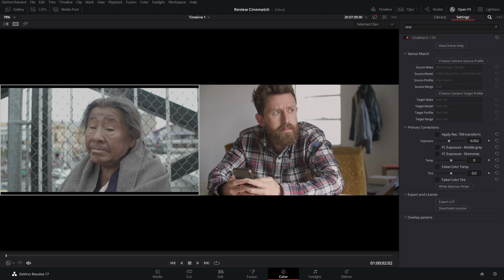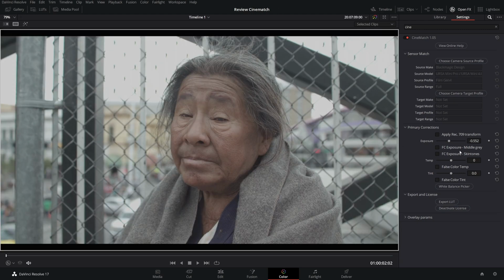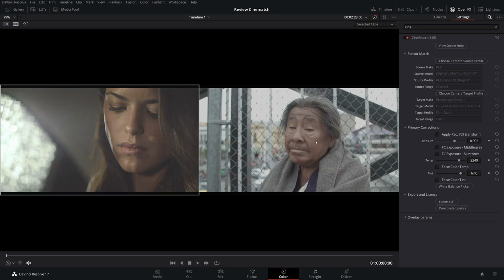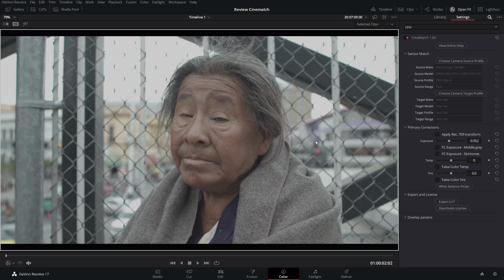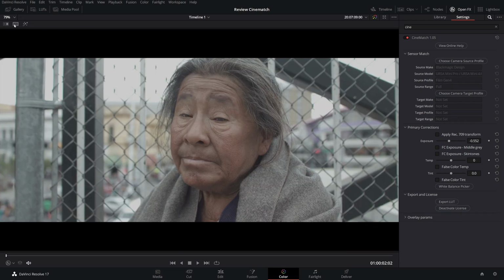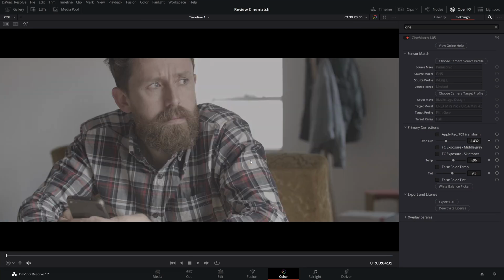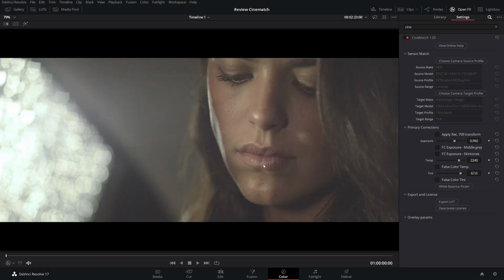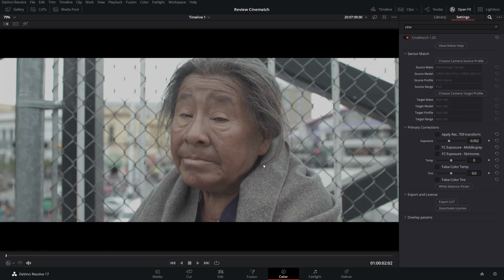So we can turn off the Rec 709. And the result is amazing. Look at that, the things are very, very close now. And we can start our job from here, and it's so good to start from here because it makes everything easier from this starting point where the cameras look way more equal.